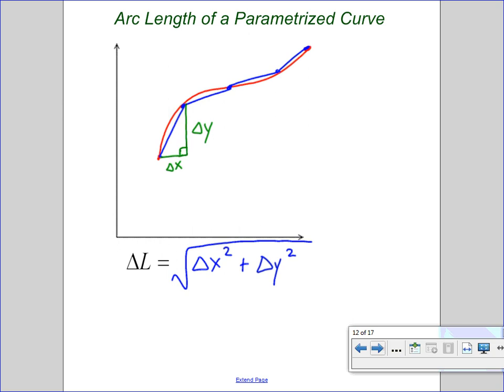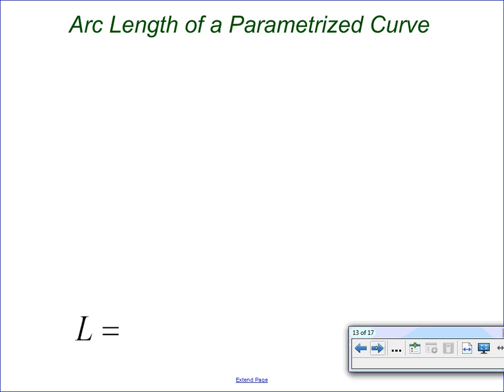So, if we wanted to then get the length of the entire curve, approximated, we'd have to sum up each of those delta L's, right? We have to sum up all those delta L's and get an approximation then for the curve length. And as we sum all those delta L's, now we're talking about our delta x shrinking to 0, and we're getting the differential dL. So the length of a parametrized curve, in the limit